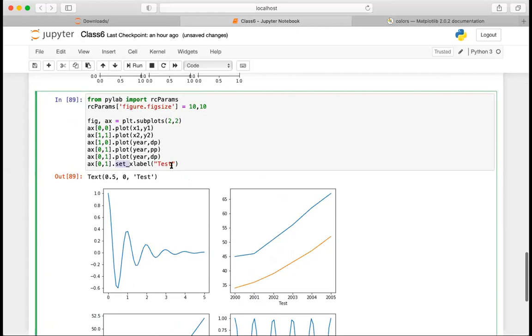Not everything you can memorize or remember. Some of the things come from experience. So if it doesn't work with normal xlabel, then you just use set. So let me do plot 2 and